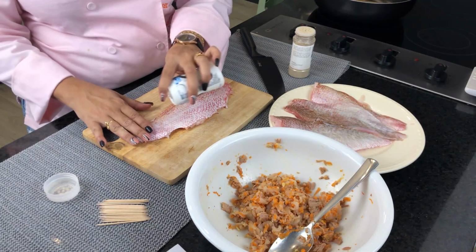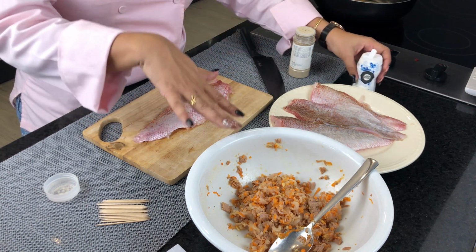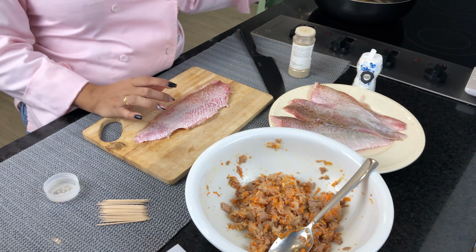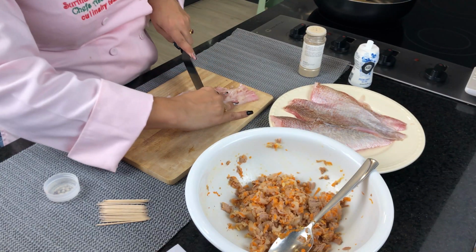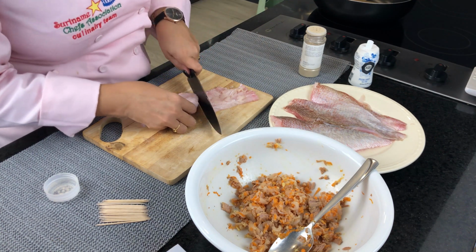In my country, we call it lala, and lala means raw. We don't want the fish to taste raw. So we add a little bit of salt and pepper just for taste. Not too much, because remember the filling has black pepper and salt, and the sauce already has white pepper and salt. So right now we're gonna cut it into 2 pieces, in half. Cut it a bit further,